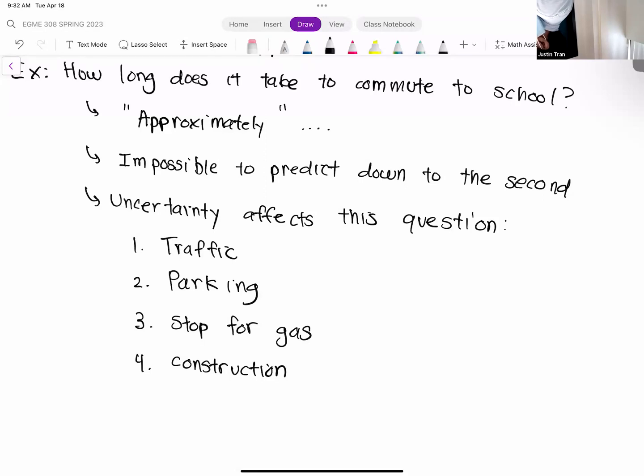And so, because of all this uncertainty, when you get in your car to drive to campus every day, or even if you live on campus, even if you walk to class here, there are still unknown factors that are impossible to predict when you put on your shoes and leave your door, just because we don't really have omnipresent knowledge. Okay. And so because of all this uncertainty, it affects your answer. Right? And engineering really isn't that much different.